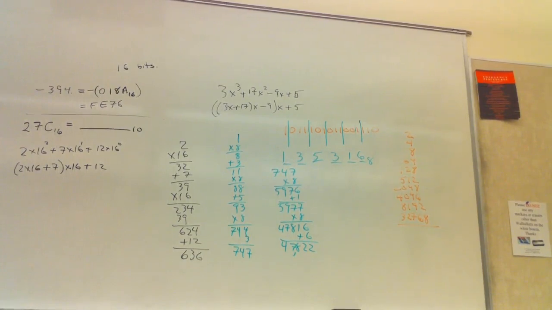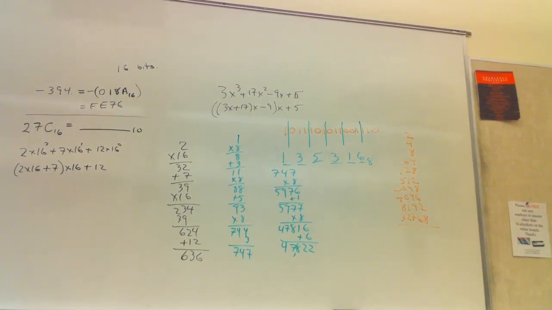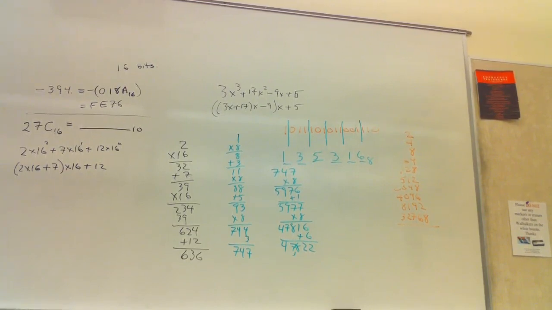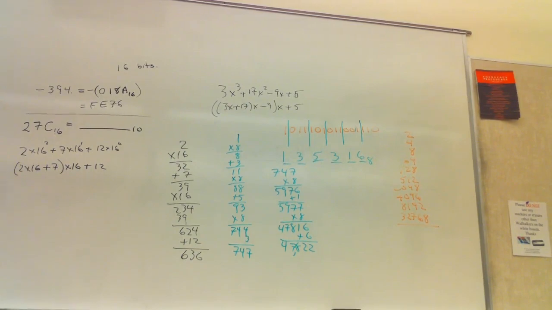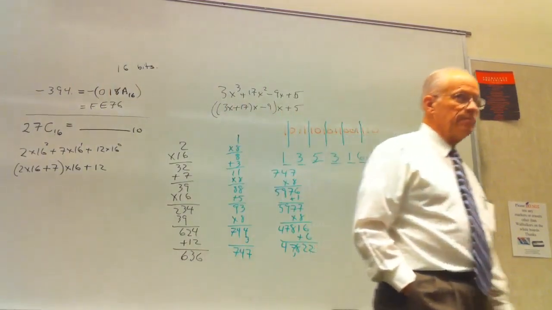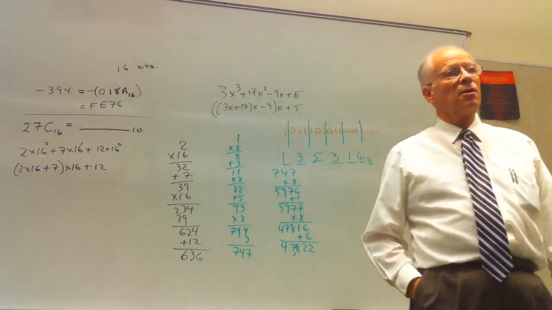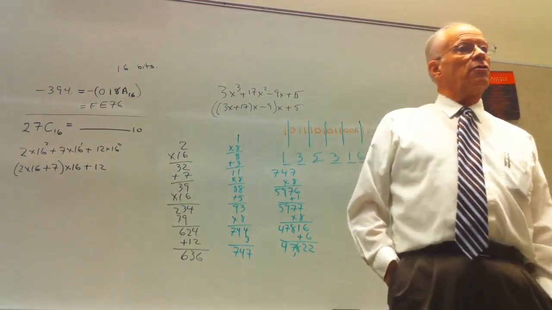Okay, well, there are a lot of other things that we can talk about here. You need to have some reasonable familiarity with these things, because as you work with the LC3 and you get that interface up there, it's going to show you what's in the registers and what's in memory and all the rest of that. And it's all going to be in, not decimal. Okay, so you need to be able to look at that and recognize what's going on and be able to work with it. What are we gonna do with decimals and binary? Fractional values,